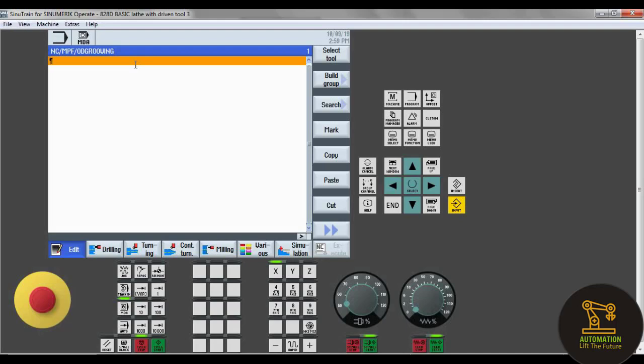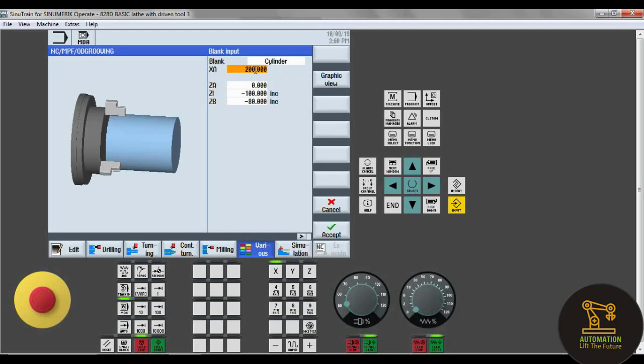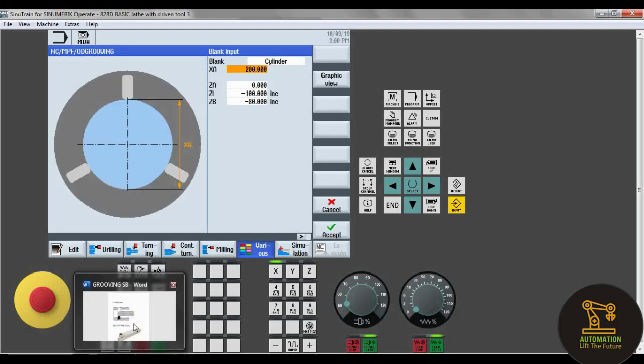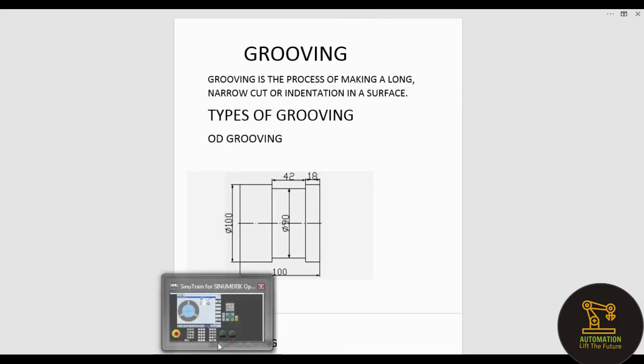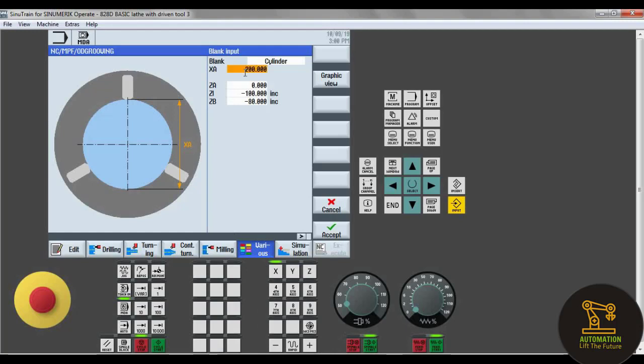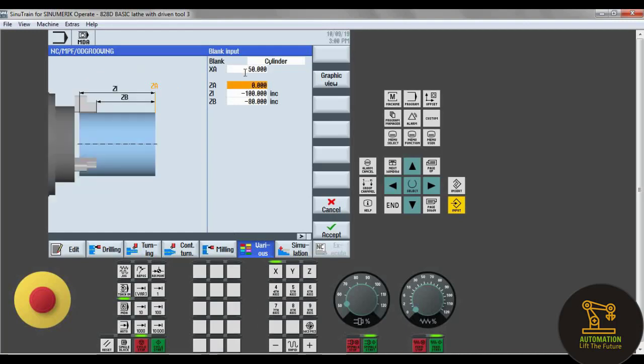As I said, we have to first of all take a blank of the required radius. XA, so we have to check the radius. It has a diameter of 100, so we have to give 100. XA: we have not performed any facing operation, so XA is 0, and ZL considering the clamp is minus 120, and without considering the clamp is minus 100.